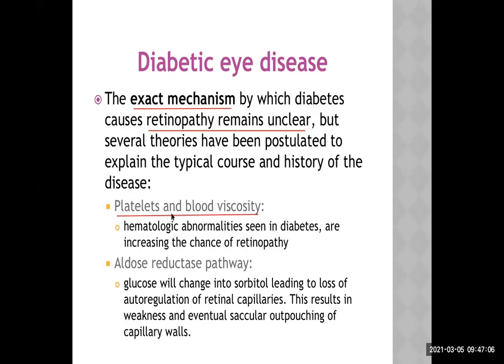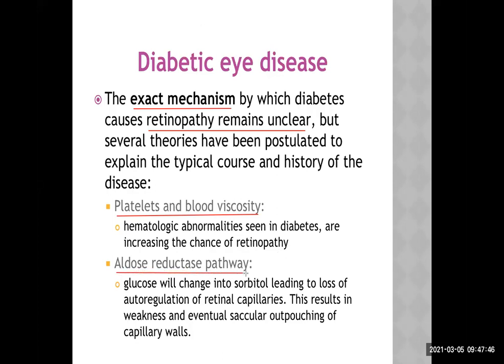You can also call it the platelet and blood viscosity hypothesis. Now, what happens in case of diabetes? There is increased aggregation of the platelet. Platelets become more sticky as a result of the excessive presence of blood sugar, or because of the excessive viscosity of the blood. There is a high chance of aggregation of the platelet. Okay. Now, what happens? There is a high chance of thrombus formation easily, and that can result in ischemia. Okay, this is one of the factors in retinopathy development.